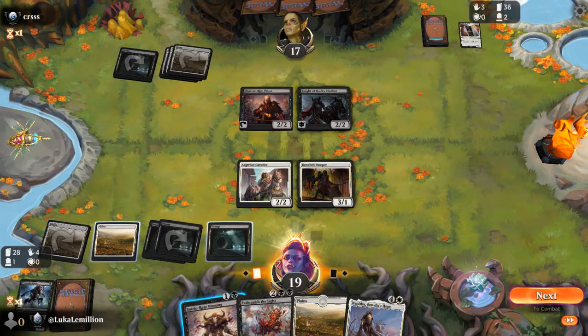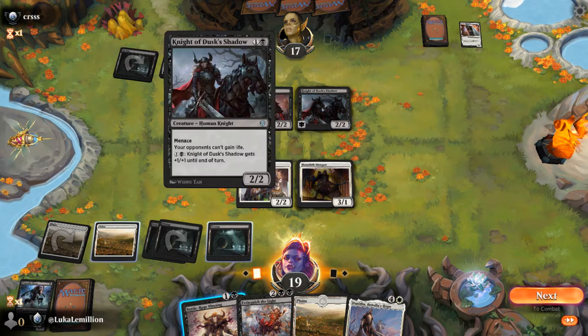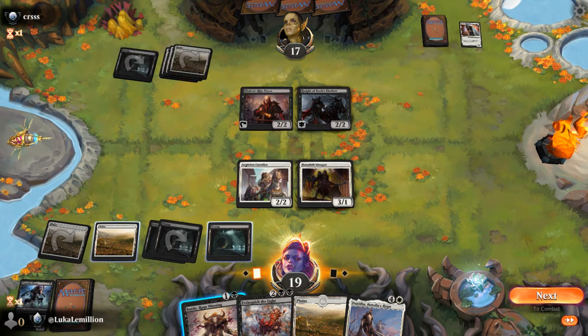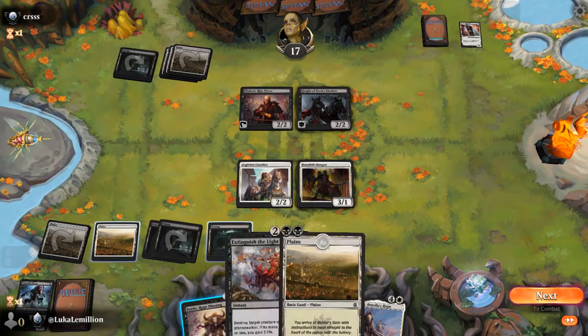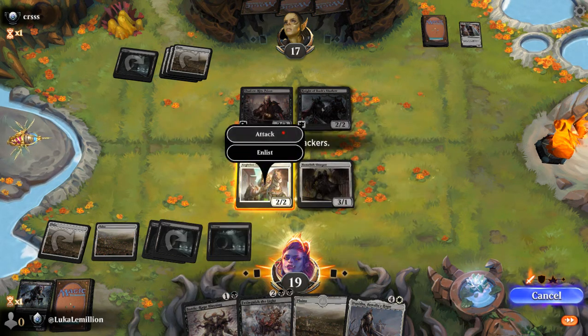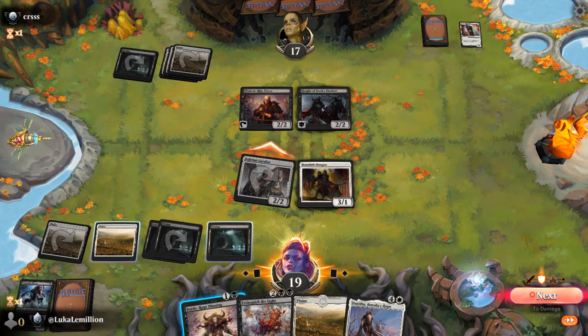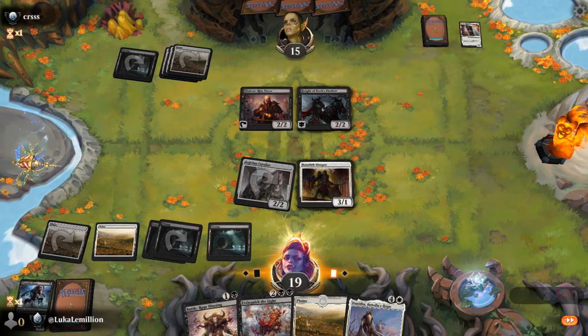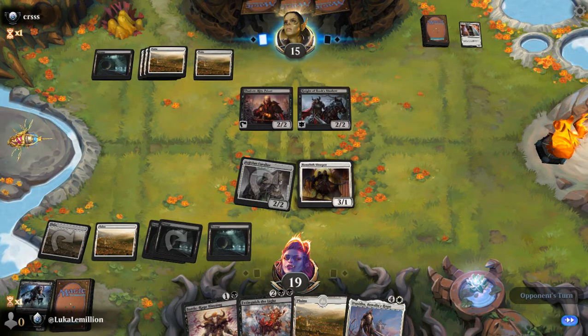Because not only did we get to keep our Givian Cavalier, we also killed their Samite Herbalist with the other half of it, and we keep our other creature around. So now we're just going to attack. See what my opponent has. Looks like nothing for now. They can attack us for 4 if they want to. We're winning the damage race, so...